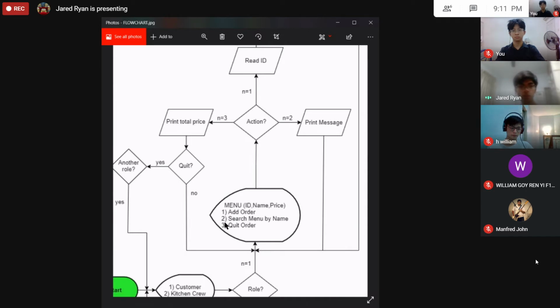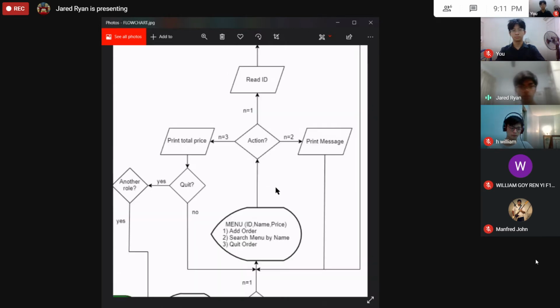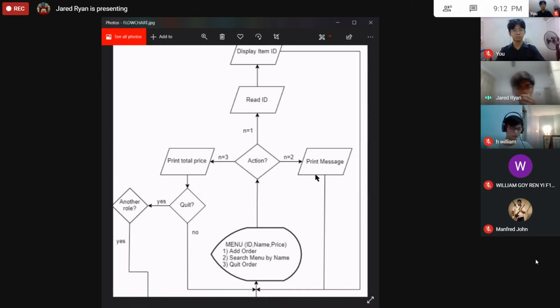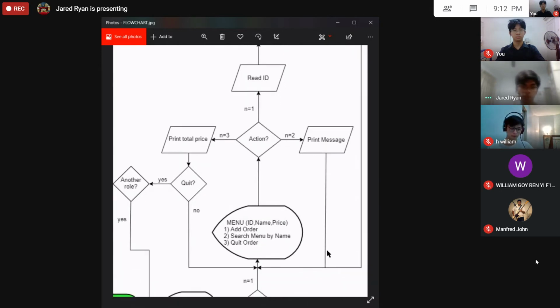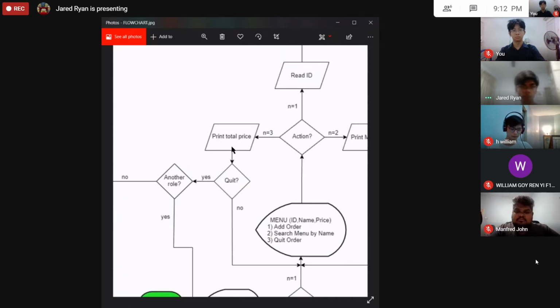If the user inputs 2, the program will then search the menu by name and print the food which the user has input, and then will return back to the customer menu. So if the user inputs 3, the program will then print the total price of all the foods that the user has entered,